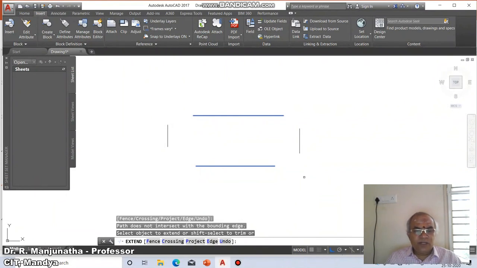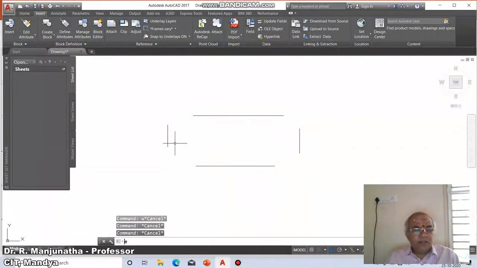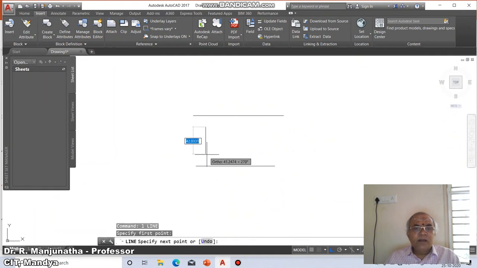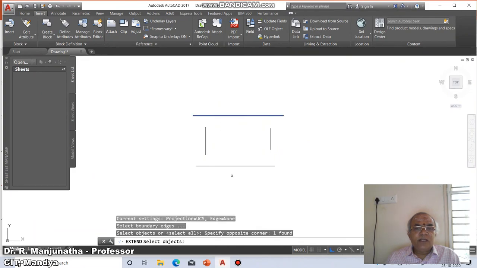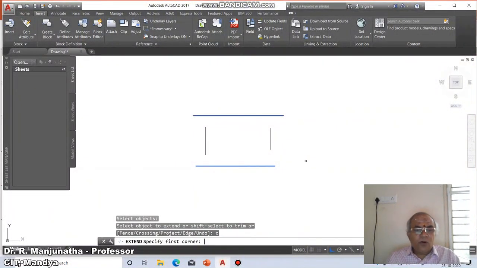Similarly, for example, now I will erase these two lines. Then I will draw one line here and then another line here. Now I will say extend, then select boundary edges. I will select this and this as the boundary edge. Then I will say crossing, object to extend will be this.